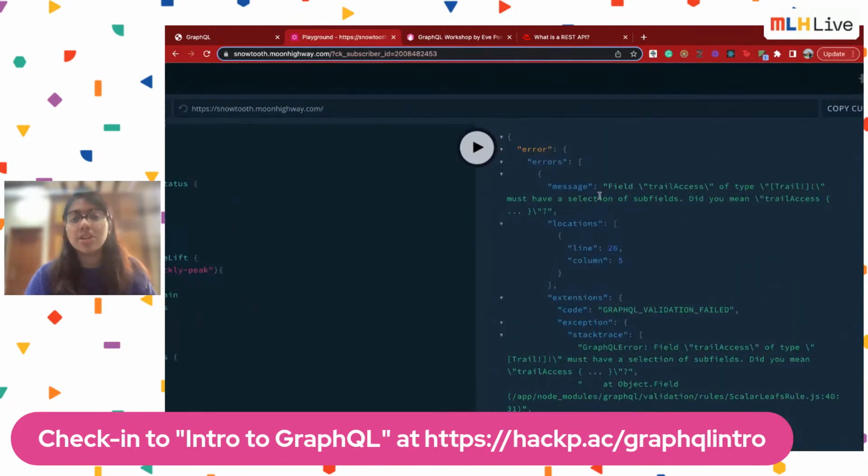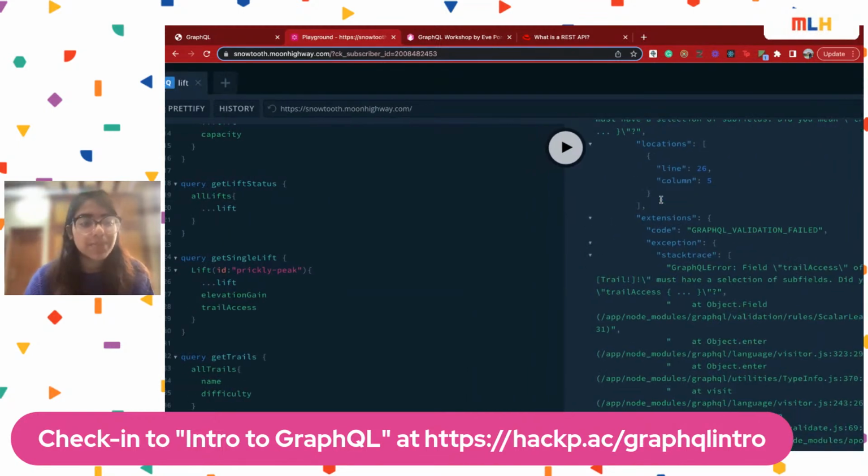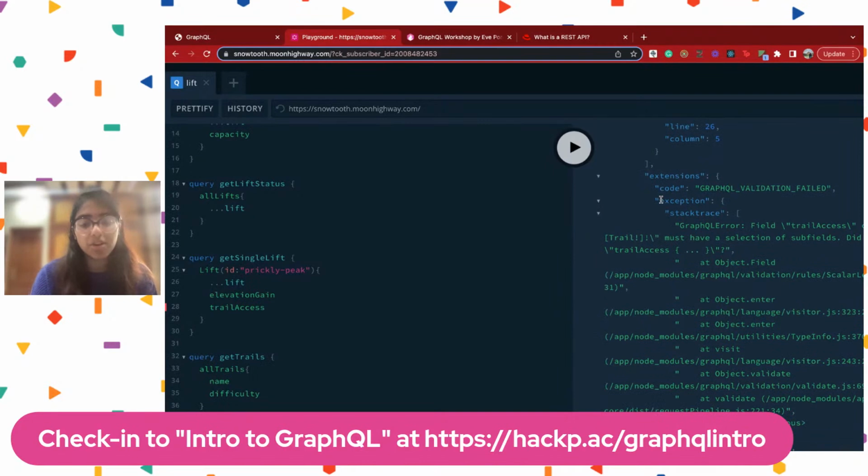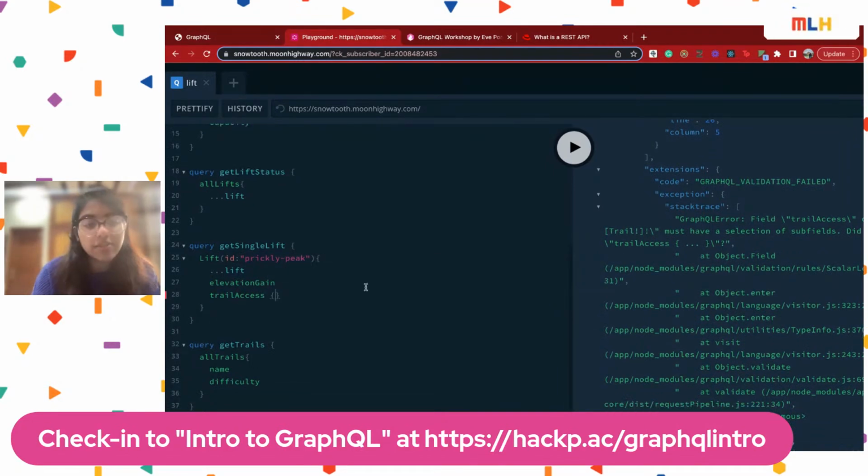Here it gives me an error. It says that trail access is of type trail, and you must select the subfields that we need from it, basically. So I'm going to go here, and sorry, this is not what we're looking for. And from trail access,